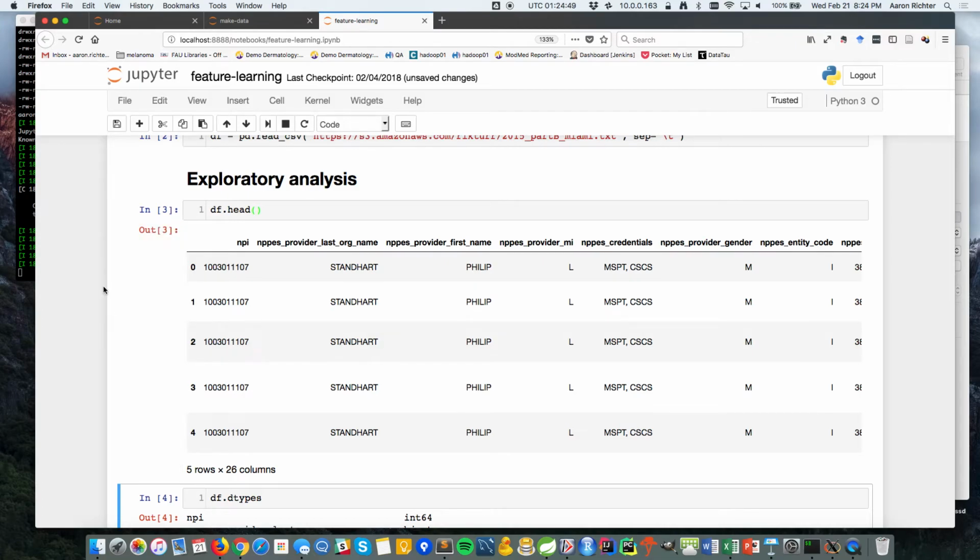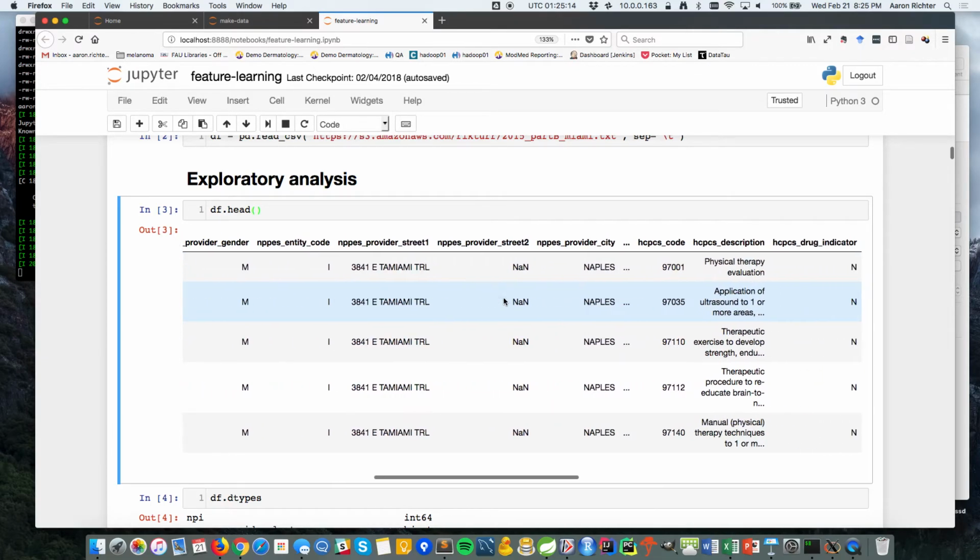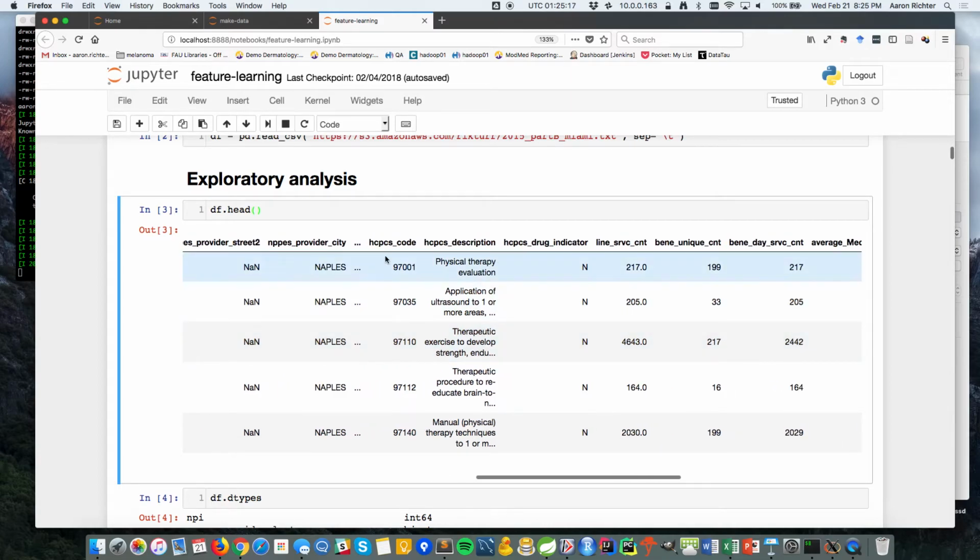I appreciate that. So real quick, just so you can see what the data set looks like. Again, this NPI is just a unique identifier for every doctor. This is all public. You can go find a whole bunch of really cool data sets about doctors getting payments from insurance companies and their education. You can see where their offices are and all that stuff. This is all publicly available from Medicare. So we get some names, everything. We don't care about that. What we're really going to look at mostly is what's called the HCPCS code, which is a healthcare procedure something. It's just a code that represents a procedure that's performed in a medical facility.